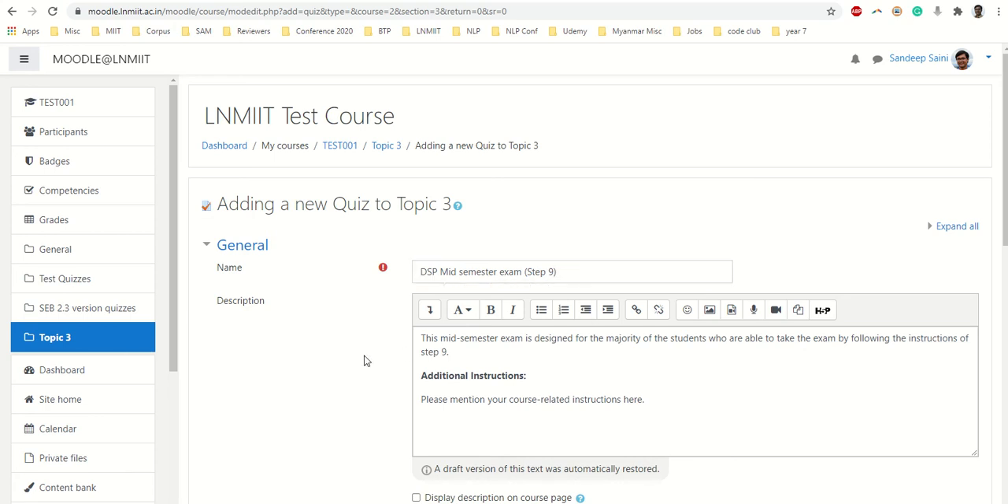What is the meaning of step 9? The Controller of Examination has sent the email to students where we had given them some instructions step by step. So step number 9 is the set of instructions that the students have to follow. Some of the students are not able to follow step 9. For them there is a step 10. So first of all we are making the question for the majority of the students who are able to follow step 9. So the mid-semester exam is designed for the majority of the students who are able to take this exam following